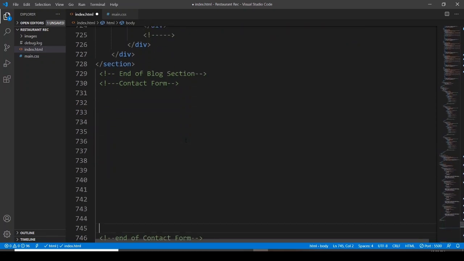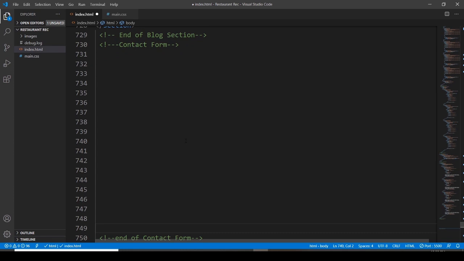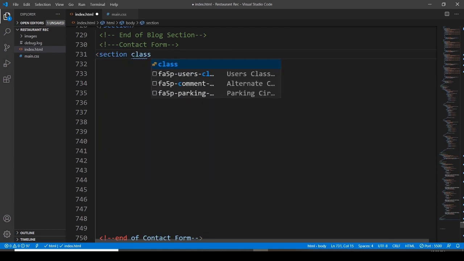So contact form and end of contact form, where I want to go with the section element,